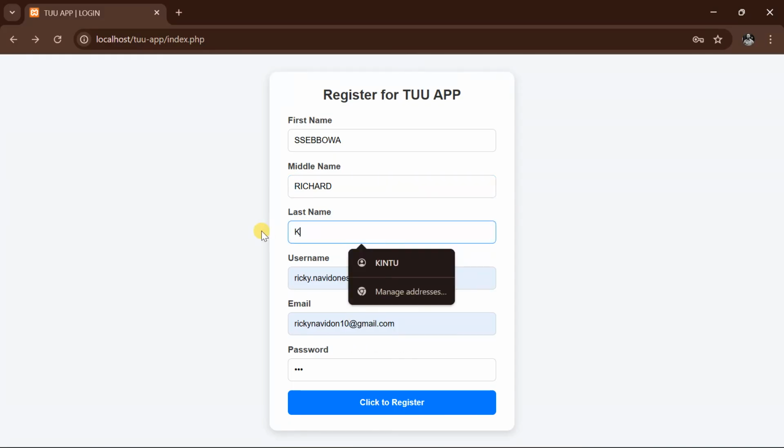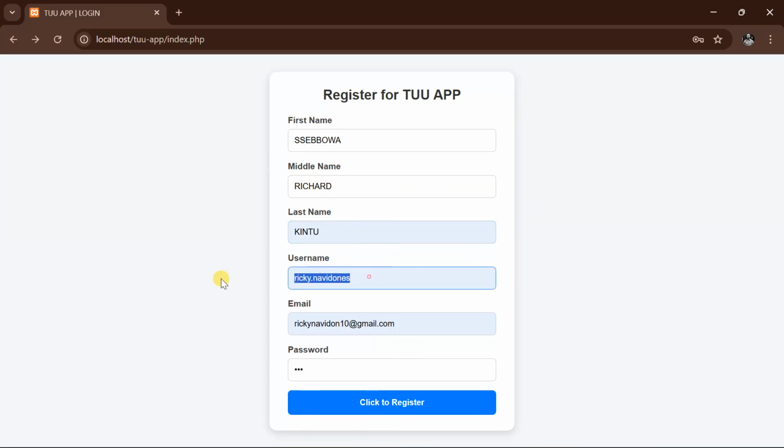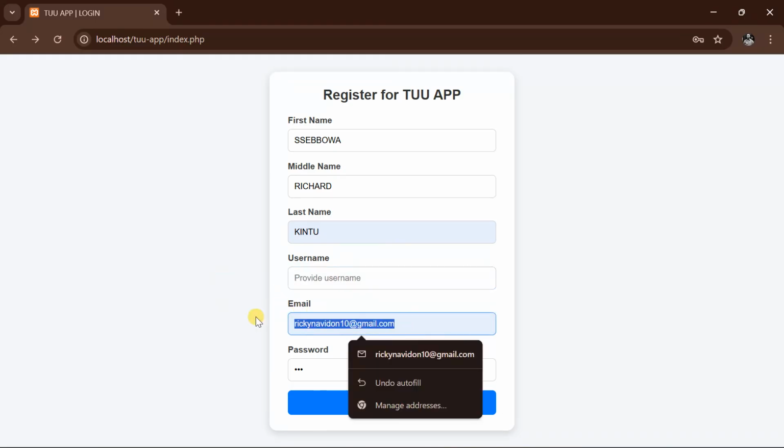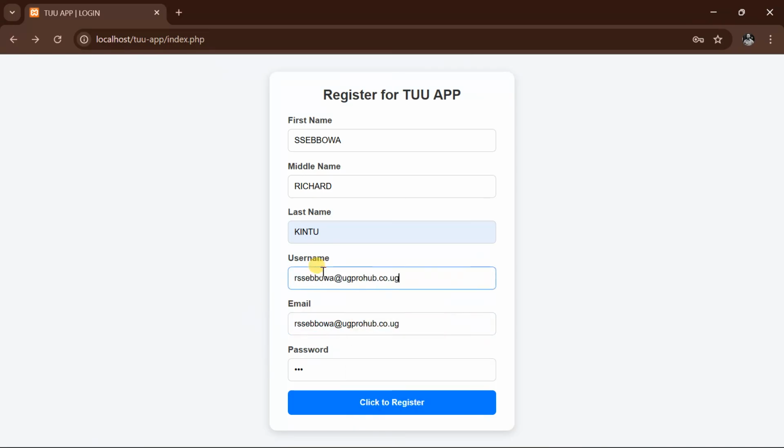Then I change the email to Seboa at UgProHub.co.ug. That is the email, and at the same time the email will be the username, and the password will be